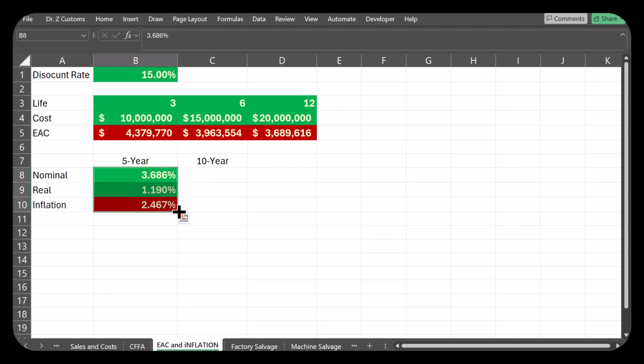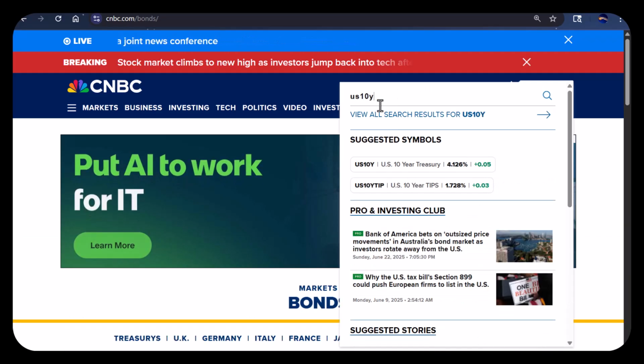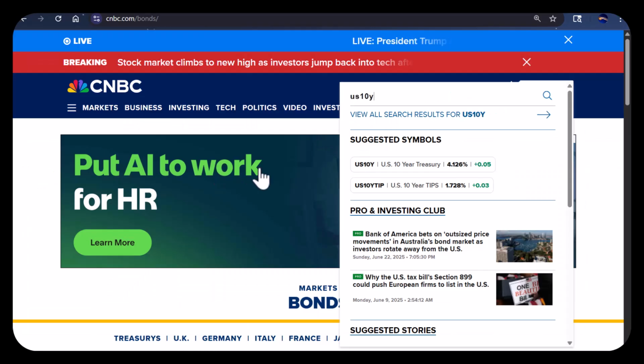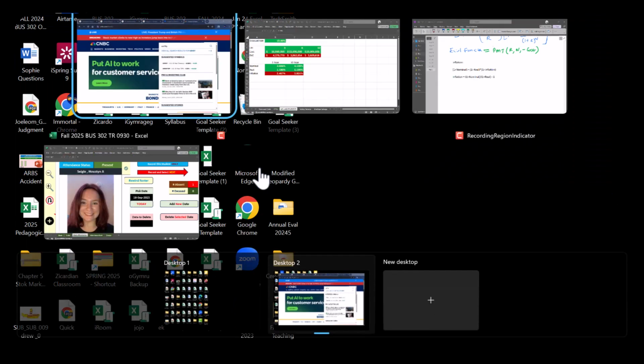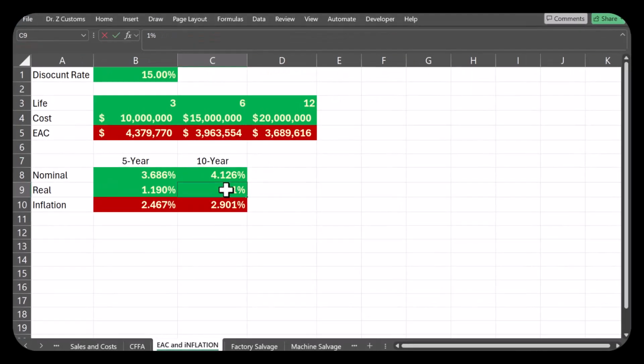US 10 years, 4.126 and 1.728. So market thinks that inflation, the average inflation is going to be a little bit lower over the next 10 years, which also tells you that market expects lower inflation in the second 5-year period,